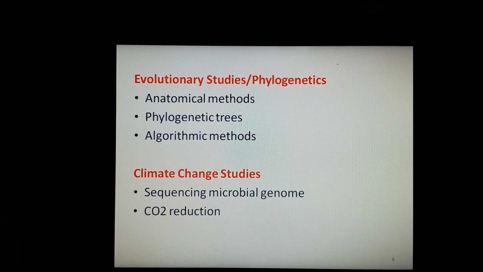And to solve this issue, bioinformatics may help by way of sequencing microbial genomes, which can reduce the level of carbon dioxide and other greenhouse gases. You know that this entire climate change is due to the presence of greenhouse gases, because the earth's temperature has risen and is continuously rising. So climate change can be controlled by reducing the level of carbon dioxide in the atmosphere. Bioinformatics can be useful for this purpose, and it will stabilize the global climate.